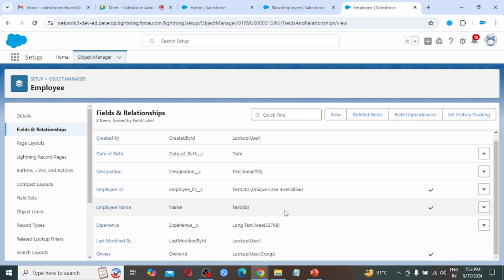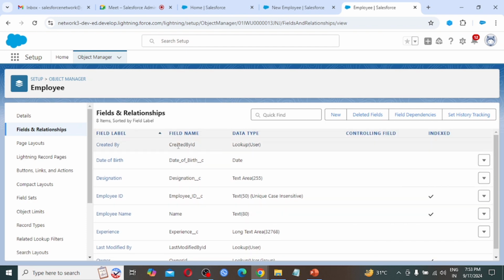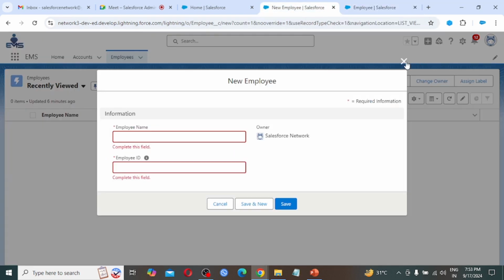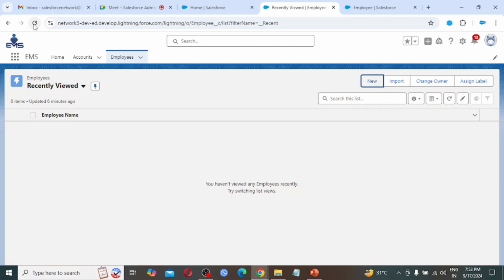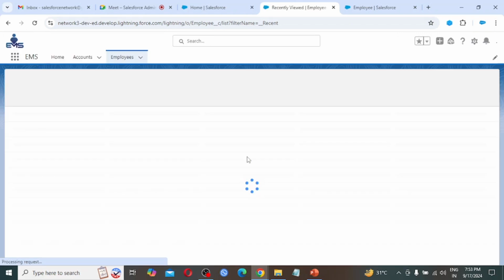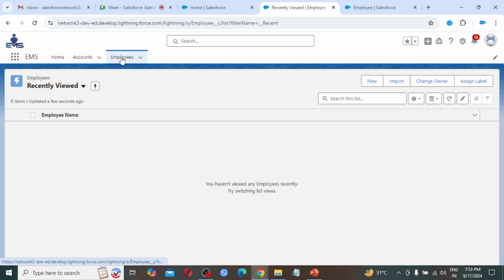So these many fields are created. So let's see, this field is created by Salesforce, so there is no __c at the end. This is created by us as a custom field, again custom field, again this custom field. So this is a standard field, this is a custom field, and again standard and standard. So if I need to see this on our page, on the employee page, we need to refresh.